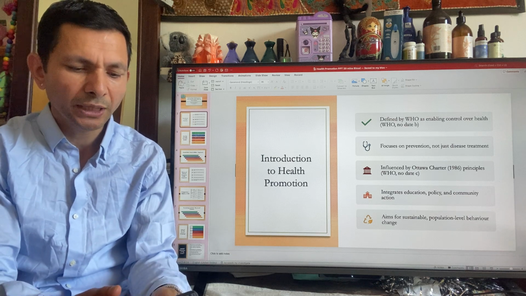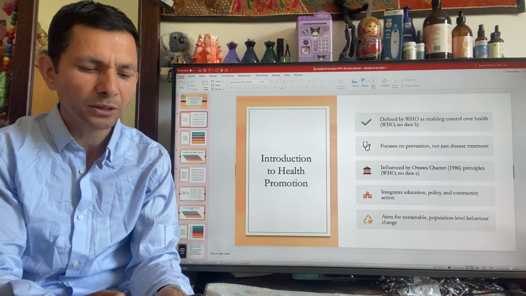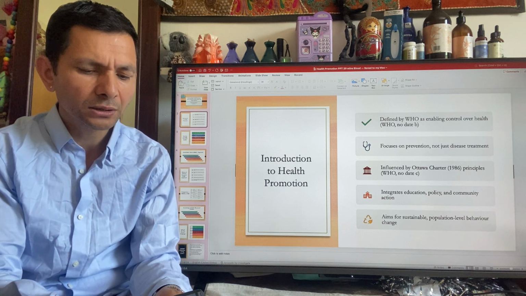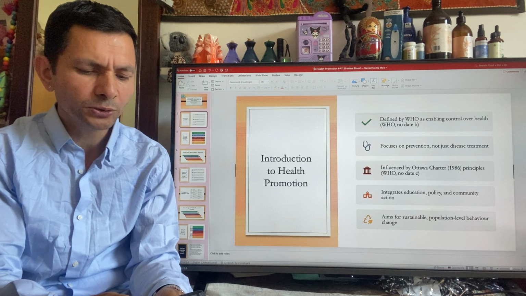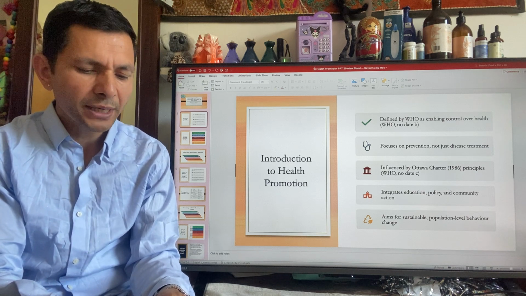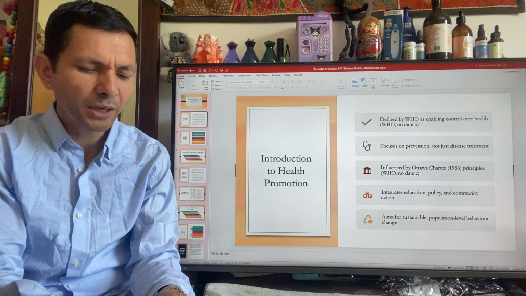Introduction to health promotion. Health promotion is defined by the World Health Organization as the process of enabling people to increase control over their health. It's not just about treating illness but preventing it before it develops. The Ottawa Charter, introduced in 1986, laid the groundwork for modern health promotion, highlighting the importance of building healthy public policy, creating supportive environments, and